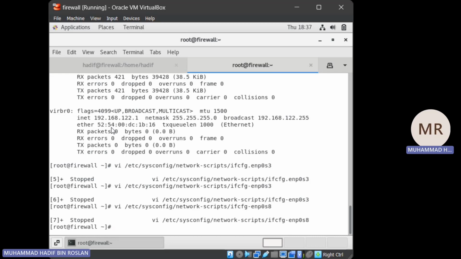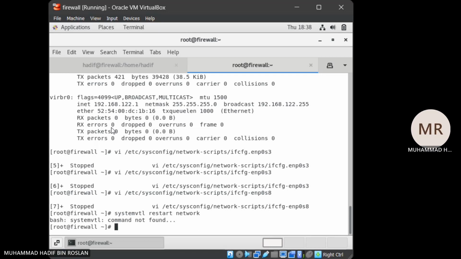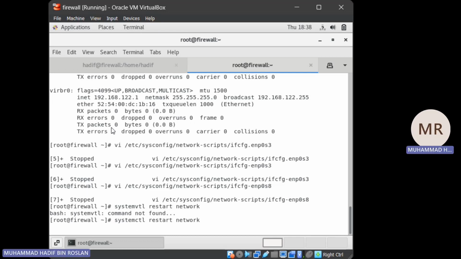After we change the ens3 and ens8, we have to restart the network by using the command systemctl restart network. Sorry, it's a typo. systemctl stop network. Okay. After it's done,